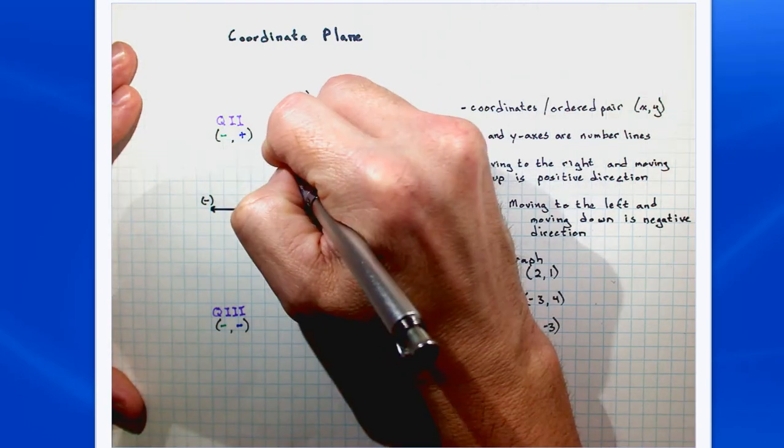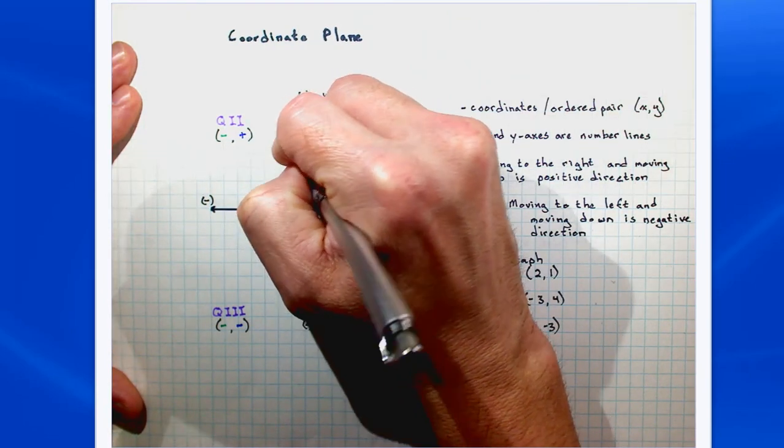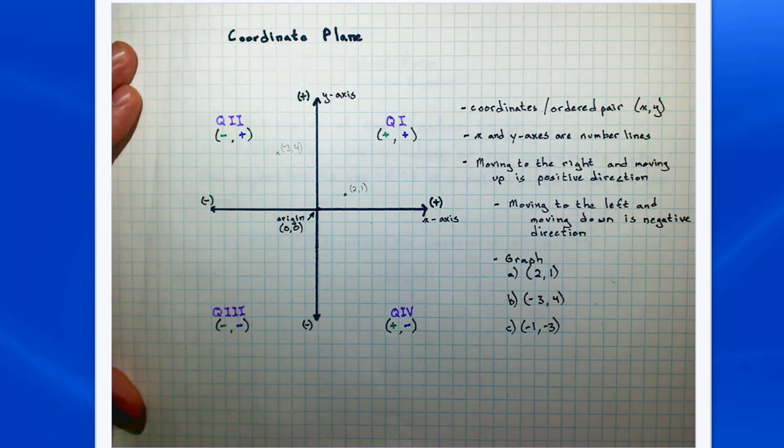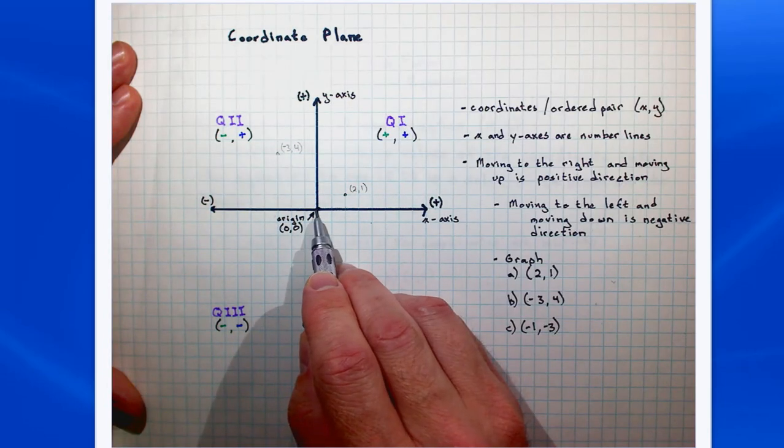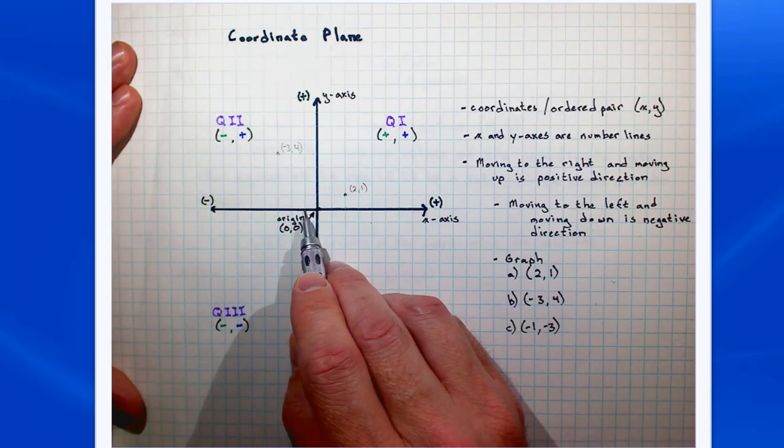There's my point. (-3, 4.) My last one, both are negative. What quadrant am I in? The x is negative, the y is negative. Quadrant 3. Very good. So I'm going to start at the origin, move 1 in the negative direction or to